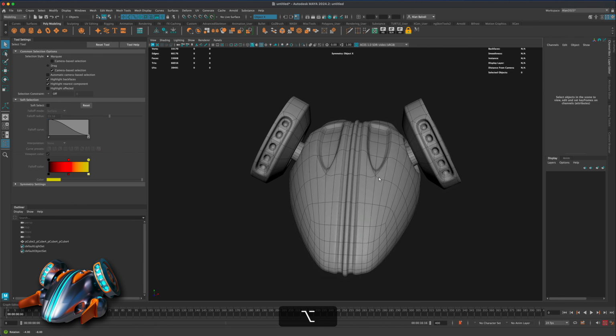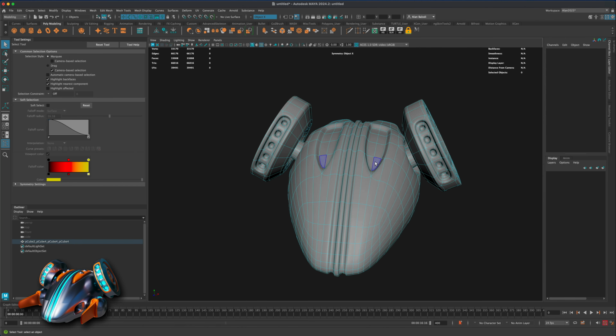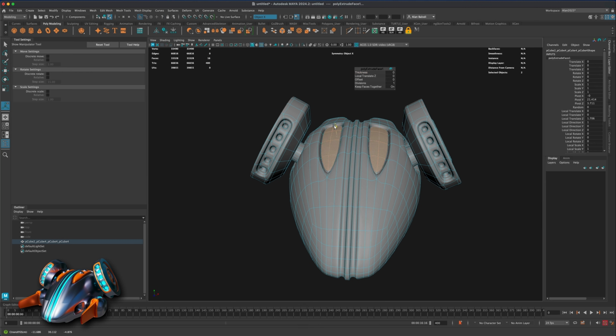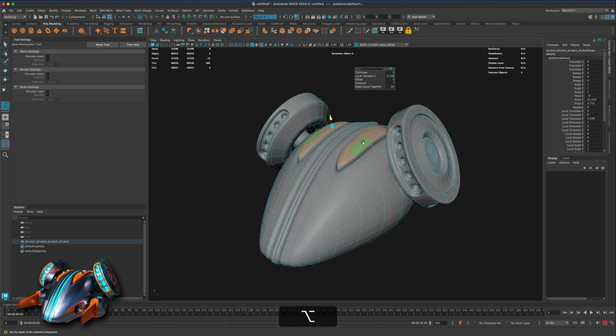We can add something more here. It feels like this is a little too plain. I'm going to select this, press Control E. I want to pull this up. Okay, I think that is interesting, almost like a little